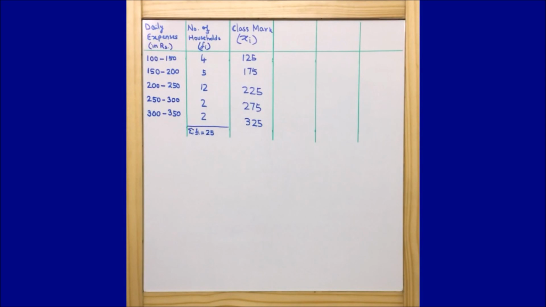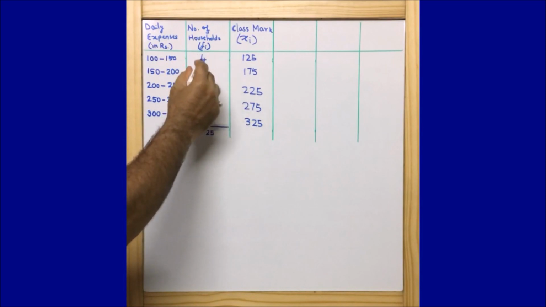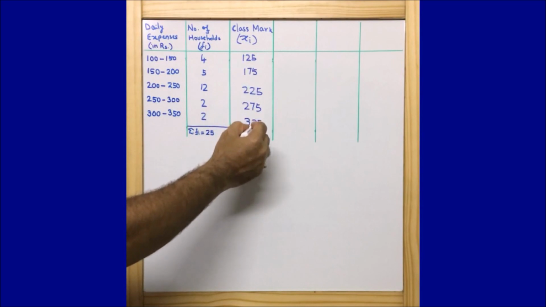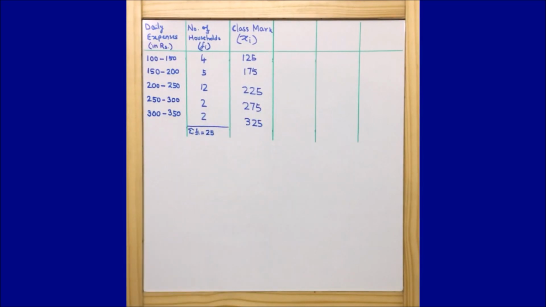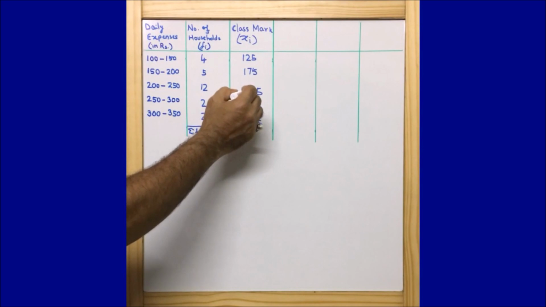So guys, if we follow the direct method, that is summation of fi xi upon summation of fi, you could see that 4 into 125, 12 into 225. So these are 2 big numbers to multiply. So let us first simplify the numbers. Now if we want to simplify the numbers, then the next method we can use is the assumed mean method. So if we assume the mean as 225, let's say,